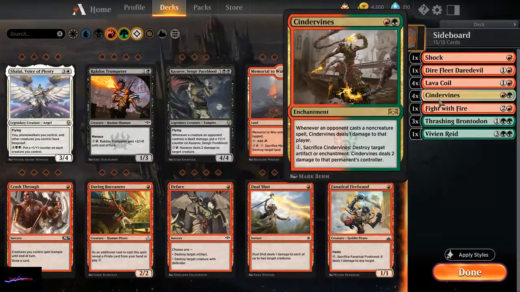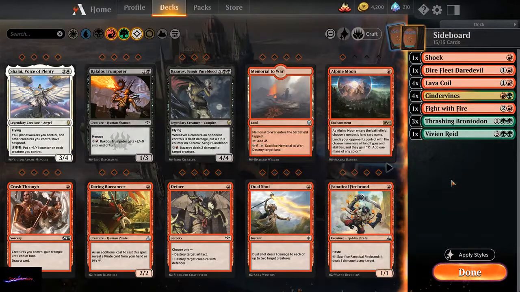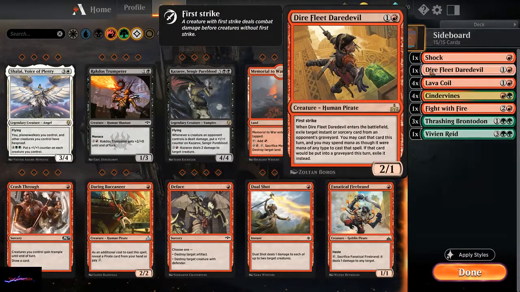It works well with control decks and whatnot, I guess depending on the control deck. Esper Hero a lot less, Esper Control more for obvious reasons. 4 Lava Coils for Wild Growth Walkers and opposing red-green decks. But that's it. Also, I would probably cut down to Cindervines and run a Dire Fleet Devil or a second one,